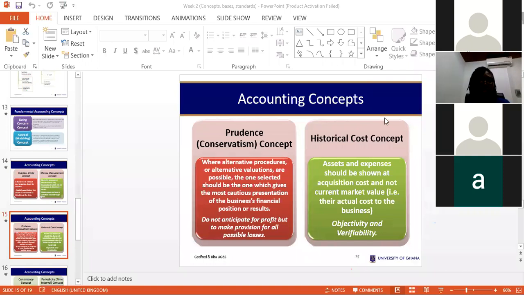So for instance, if you have engaged in a transaction and somebody has promised you money, if it is not documented, accountants will not record it. Evidence is the order of our game. Okay, so most often,